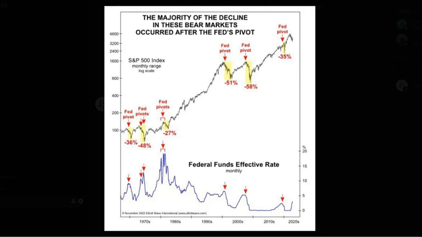I would like to introduce this chart here. It has gone viral on the net. It shows whenever the Fed started to cut rates, what was the result after for the SP 500. The latest occurrence was in 2020, minus 35%, minus 58%, and minus